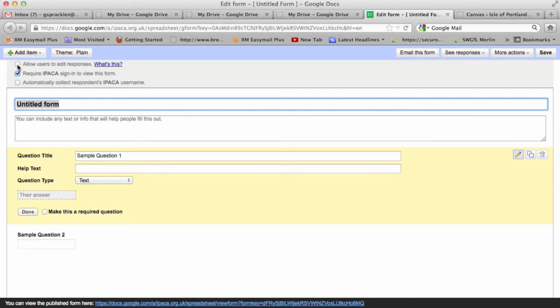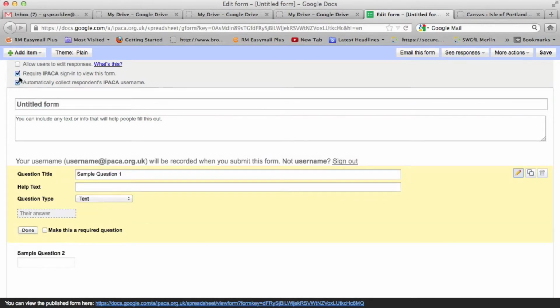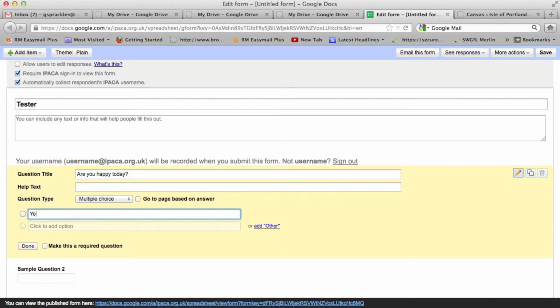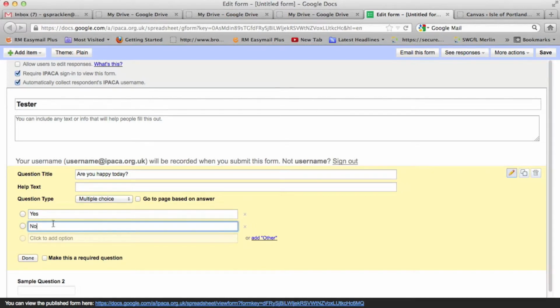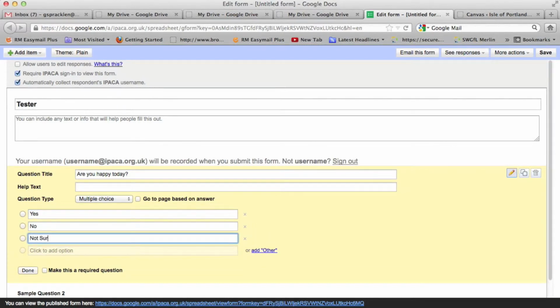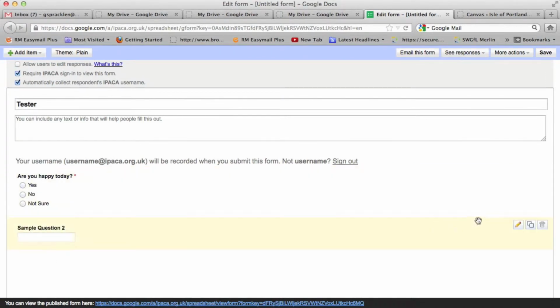I can choose some really basic options up here. I can automatically collect respondents' username, which is really useful if you've got to sign in to view the form. So I could have this as tester. Sample question could be, are you happy today? Multiple choice: yes, no, not sure. Choose to make this a required question. Next one could be